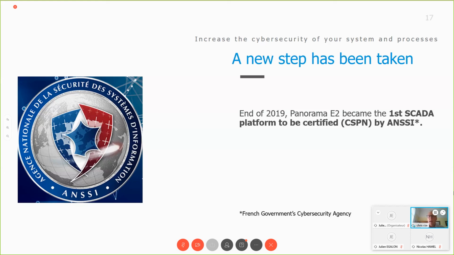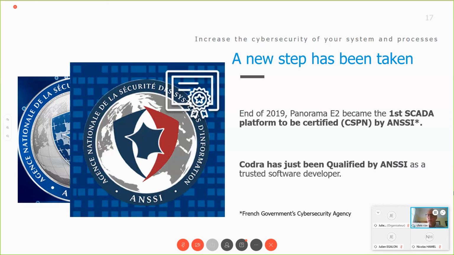But we're not stopping there. We've got a first level certification. We want to go on and get the second level certification. So those changes are in the product today, and we're looking at putting some more changes in and then going through a new pen testing regime to get the higher security of the second level. And ANSSI are talking about doing a third level, and we'll follow that one as well. So you can see we've developed a culture within Codra that we really want to do everything we can for cybersecurity. In terms of a new certification, which is called the qualification, ANSSI has just awarded us the qualification,